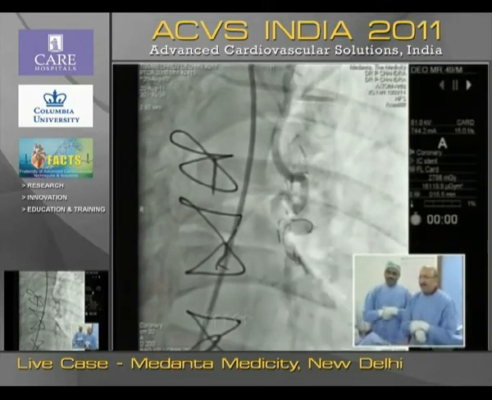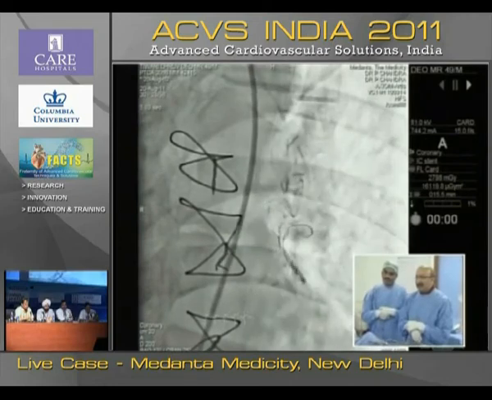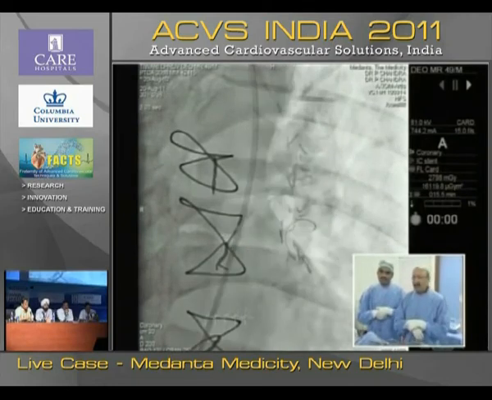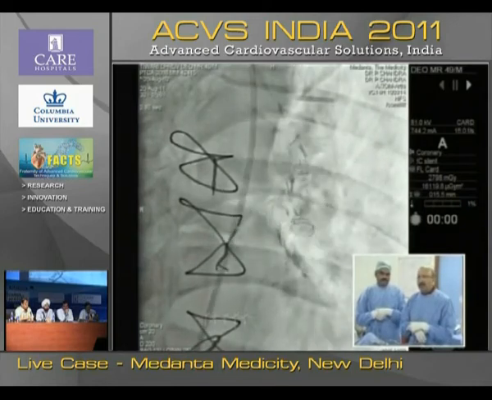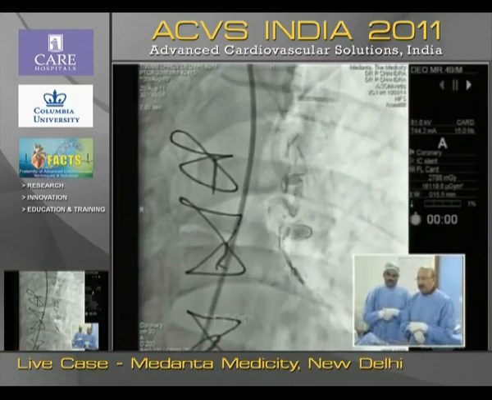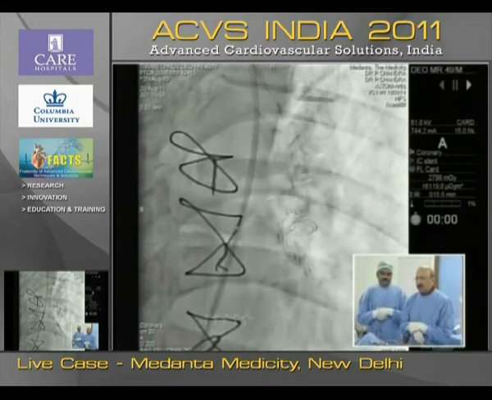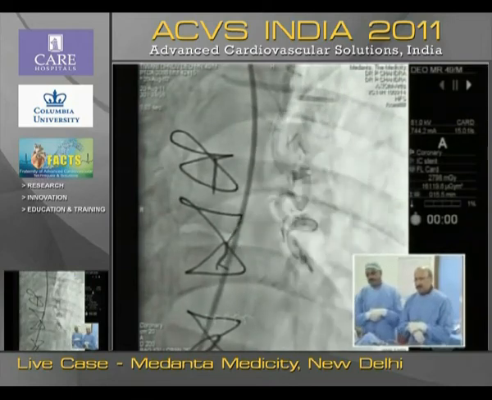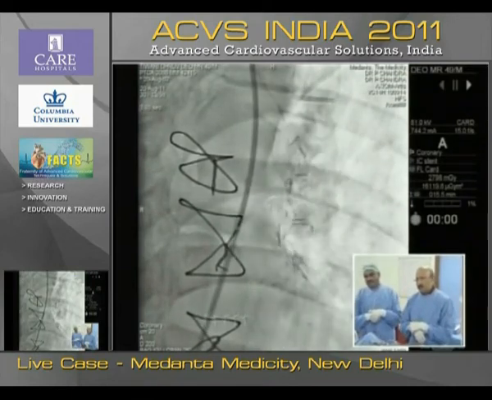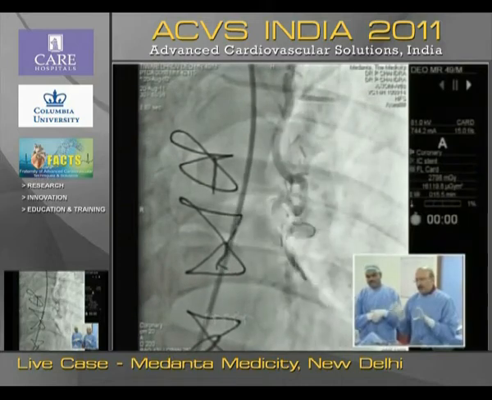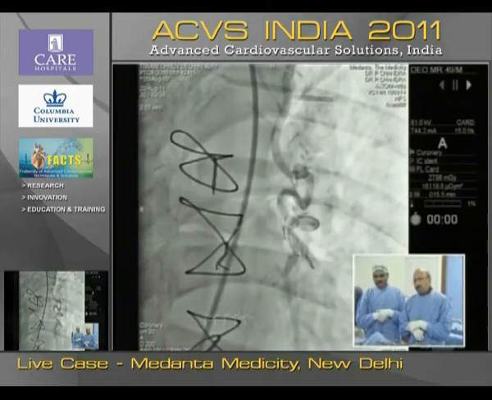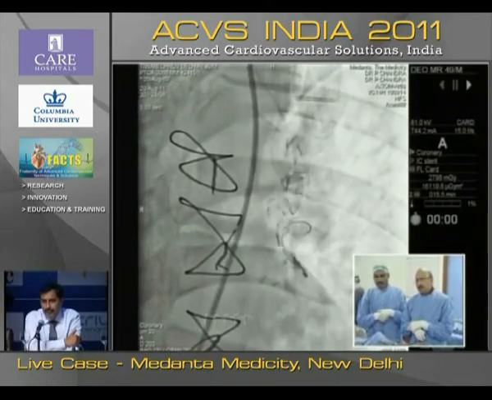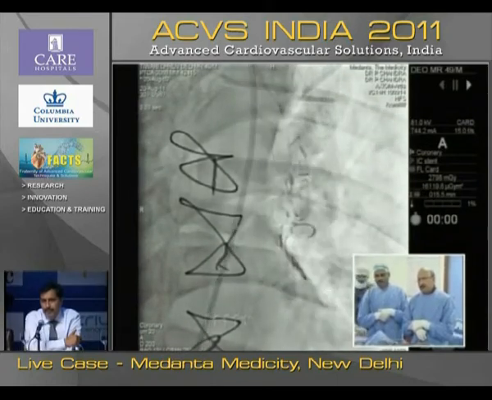What is the length of the stent that you propose to take, sir? I want to take at least a 19 or a 23 millimeter stent. But taking a 19 or 23 through this will be very tough, very difficult, absolutely. So maybe if one 23 doesn't go, we'll use 2 small stents. Yeah, that'll be better. You can have a buddy wire also along with it.